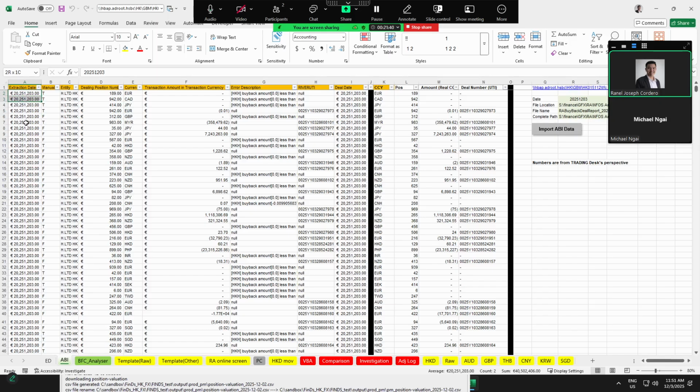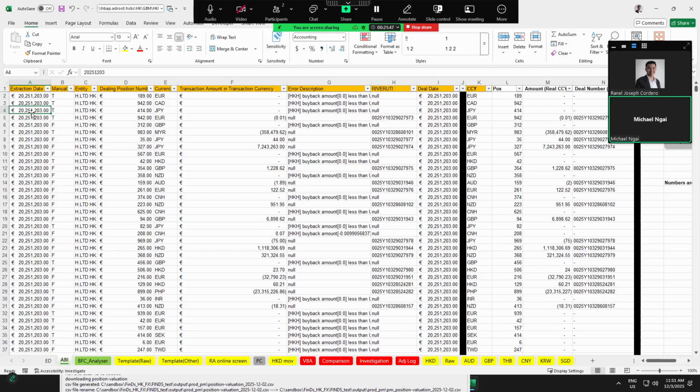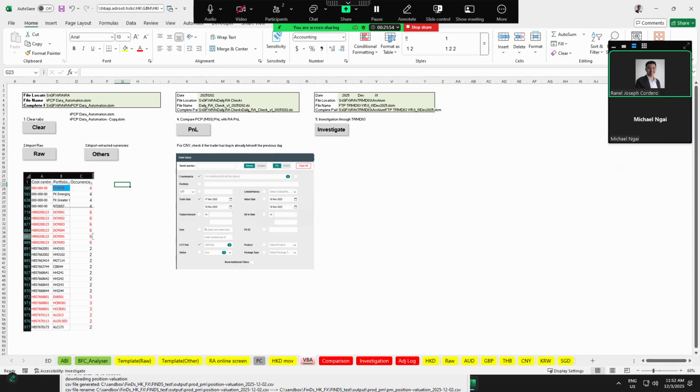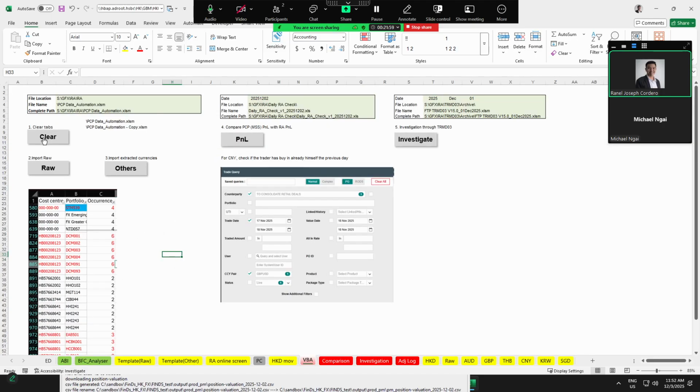It's fine if the format is different. Okay, it's the same date. Got it. So we can proceed on the VBA part.